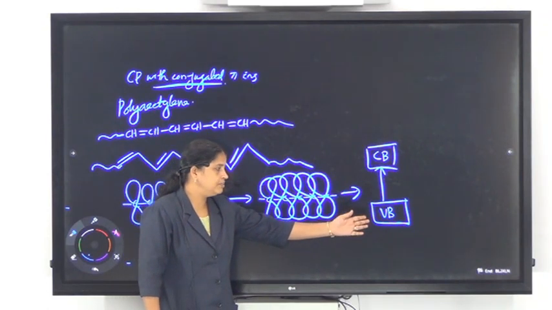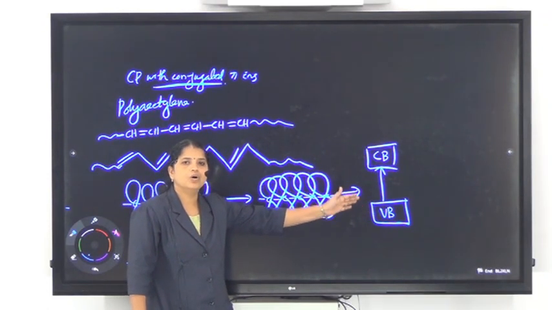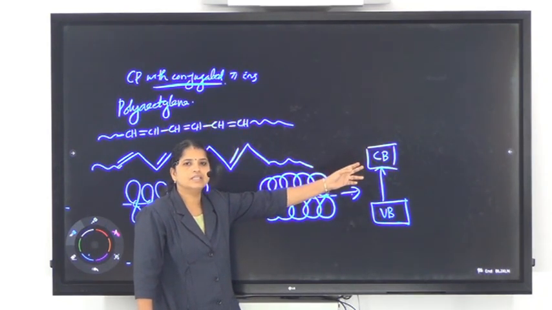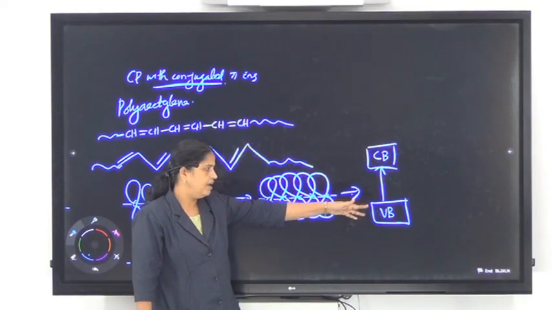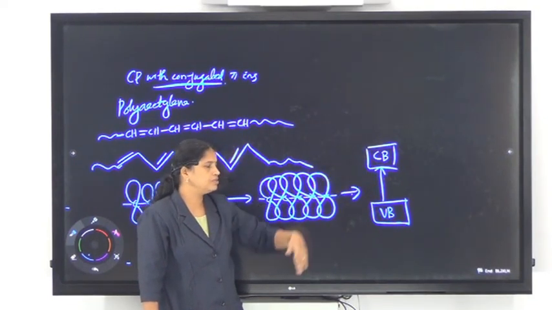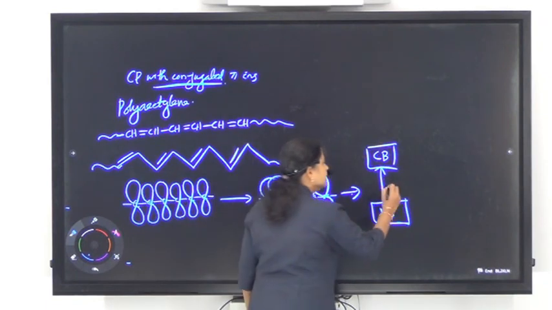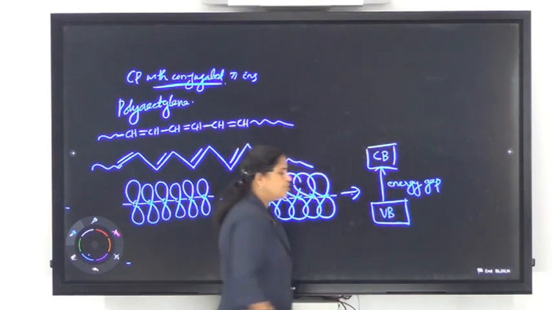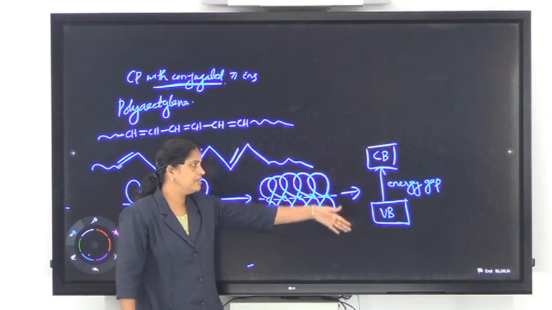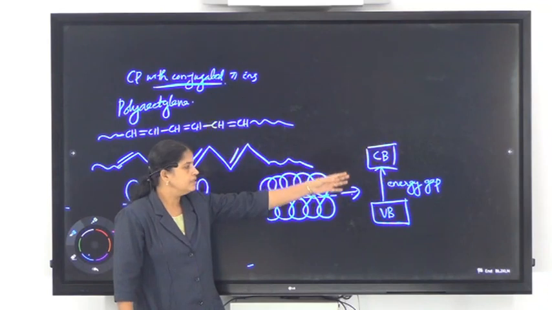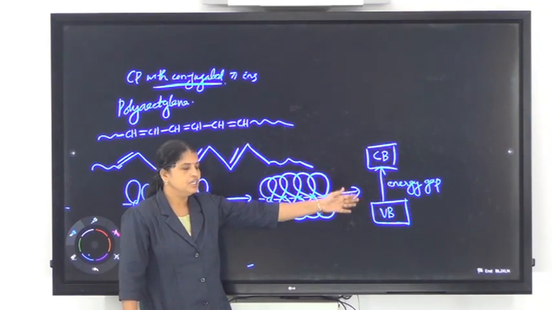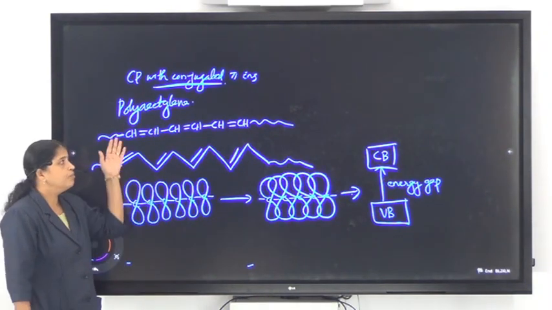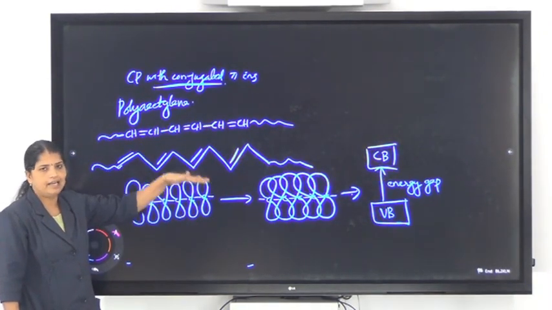Valence band is the energy band that is the highest occupied energy level. Then conduction band is the lowest unoccupied energy level. The energy difference between this valence band and conduction band is called the energy gap. So when an electron residing in the valence band jumps into the conduction band, that polymer exhibits conductivity. So that is the conduction mechanism in these conducting polymers, polymers that possess conjugated pi electrons.